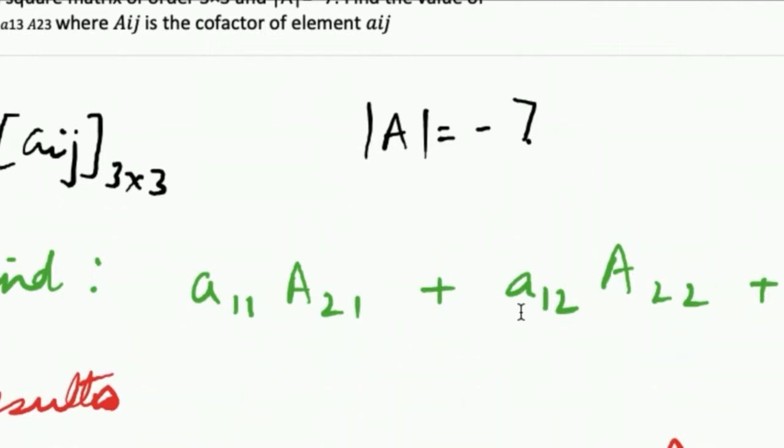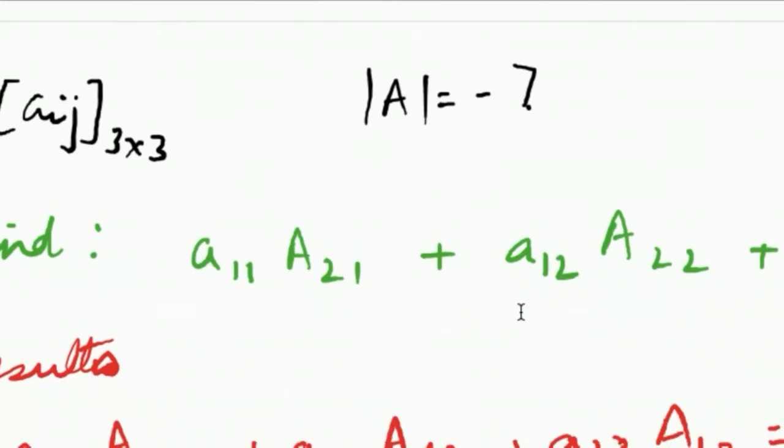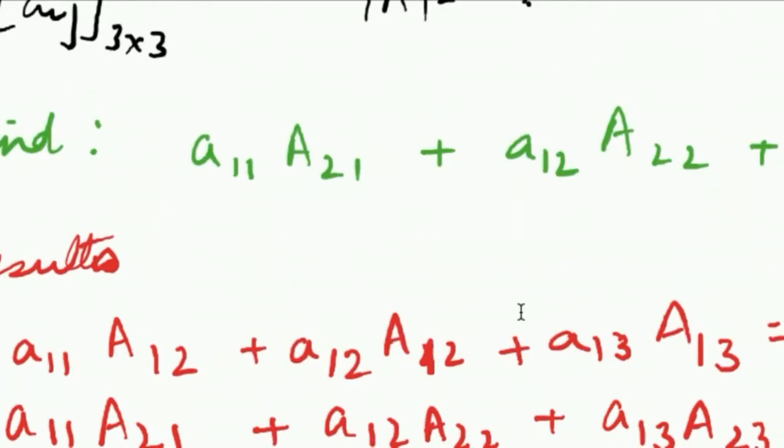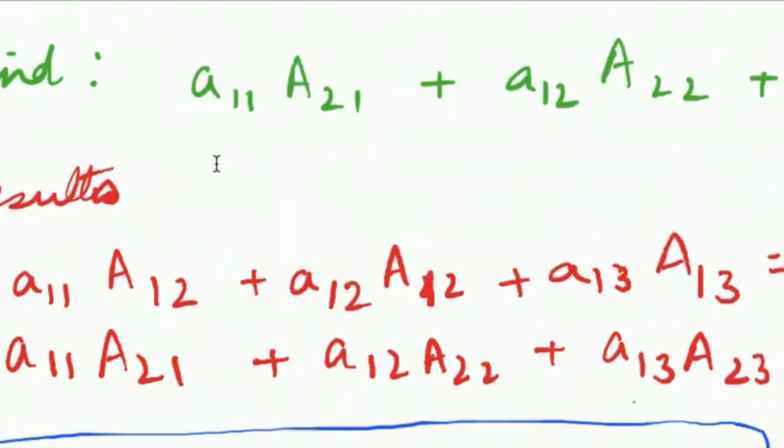This is the result which you can use, and also I will show कि कैसे ये 0 हुआ है. And had it been like this, elements of the row A11, A12, A13 multiplied with the cofactors of the same row. By mistake I have written A12 here. It should be A11. This is the mistake over here. Let me correct it. It is A11.